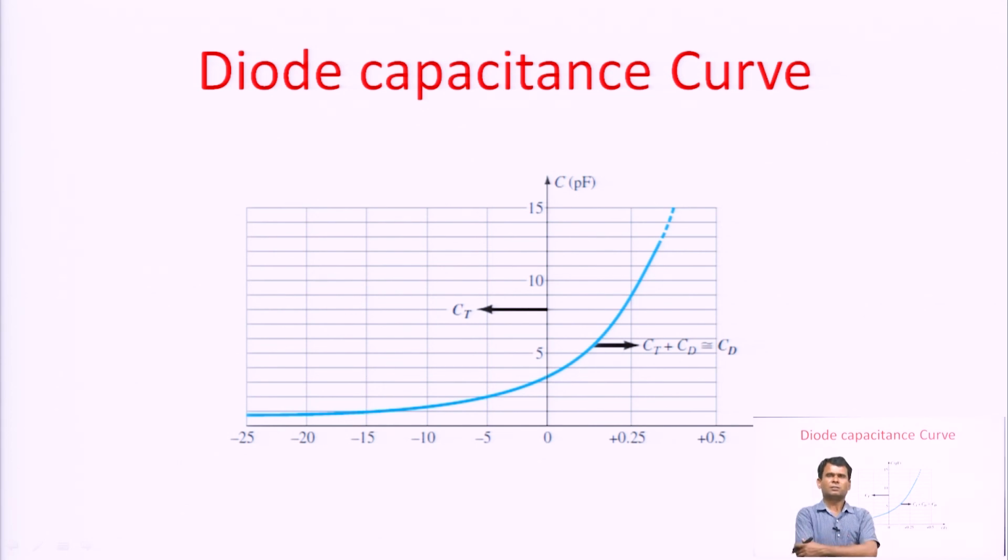Why is it required to understand the capacitive behavior of a diode? What is the physical significance of understanding the capacitive behavior of a diode? All of us know that in any electronic circuit or electronic appliance, there is a circuit of switch on and switch off. All of us know that when we switch off the TV, the LED